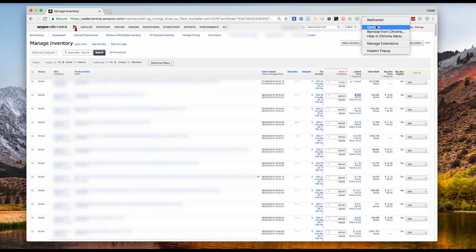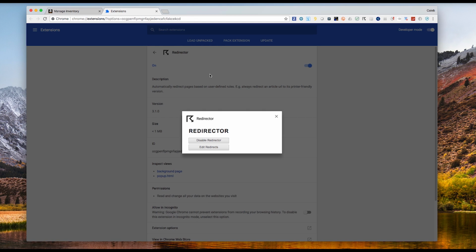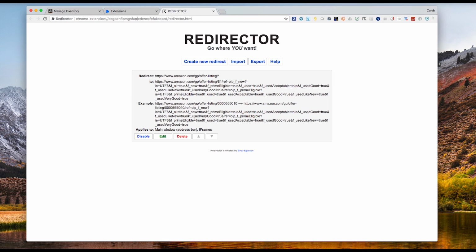The first one is called Redirector. What this is going to do is bring up only the Prime offers. So we're going to say options, and then it'll give us the option to edit the redirects. I'll list this probably on my blog or in the notes below the video, but the redirect is you can set up